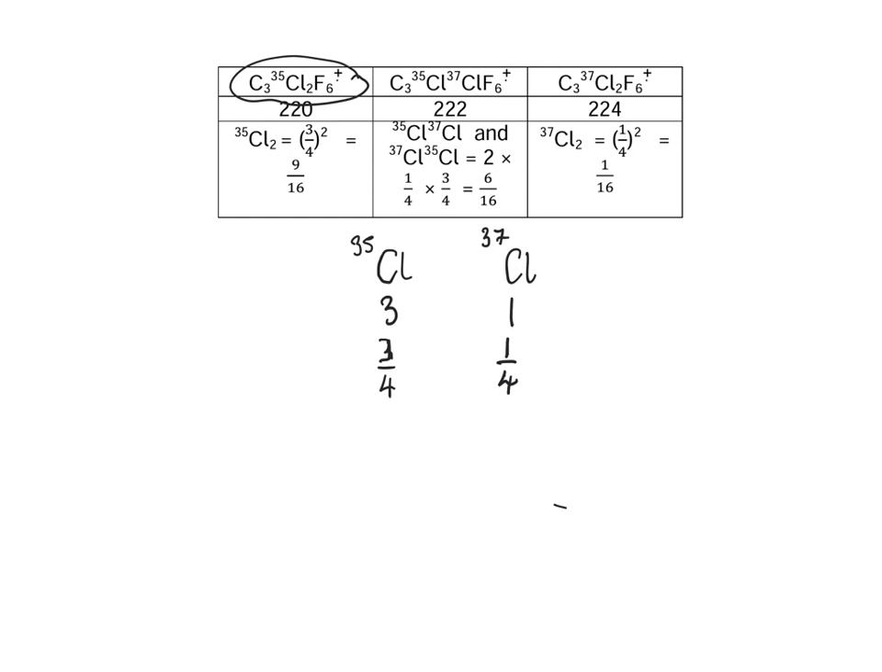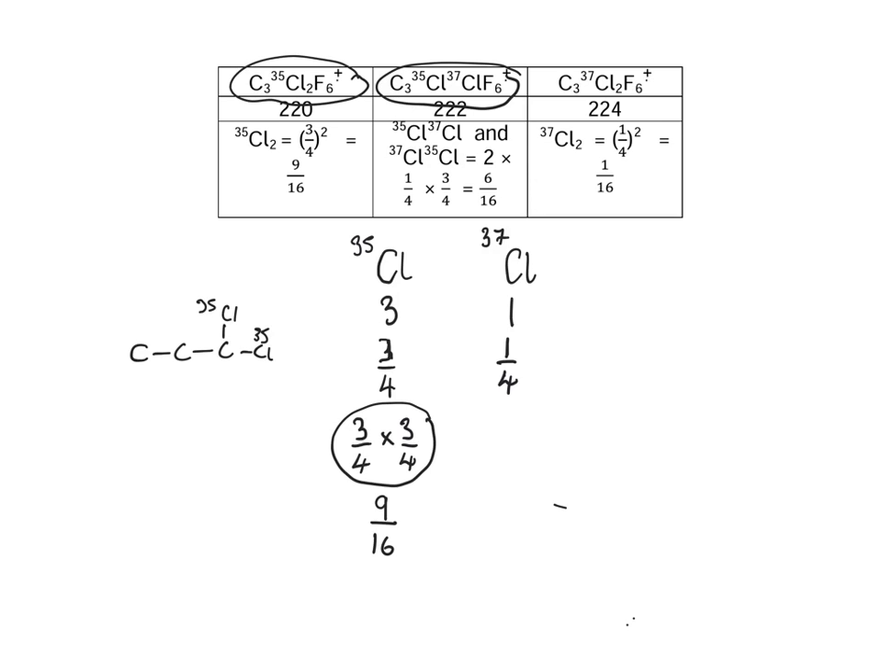We've got 2 chlorine atoms, each with an abundance of 3/4, and that is why we multiply the 2 together, because there are 2 chlorine atoms per molecule. Let's look at the molecule again. Each with a mass, 1, 2, 3, each with a mass of 35, and that is why we multiply the abundance twice. So that's 3/4 times 3/4, which is 9/16. The second molecule, this one here, we have